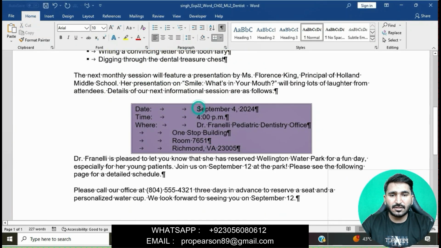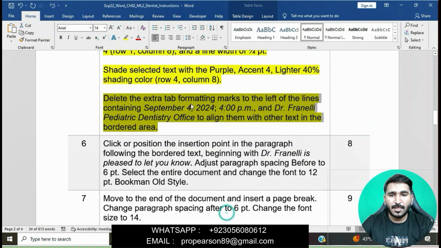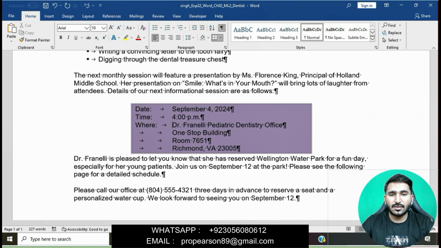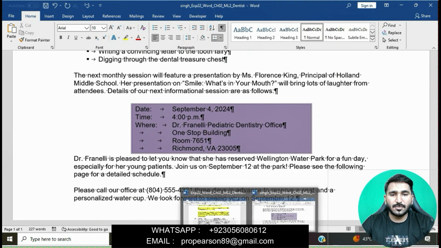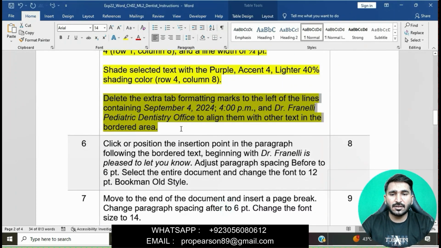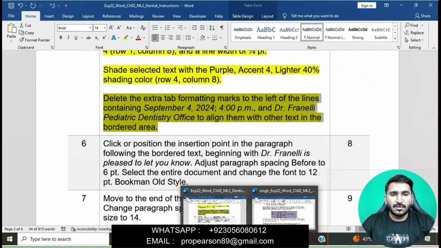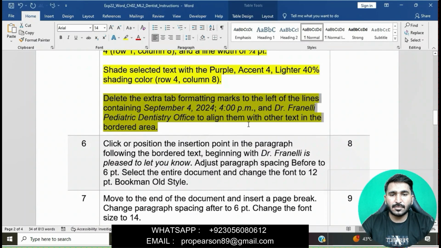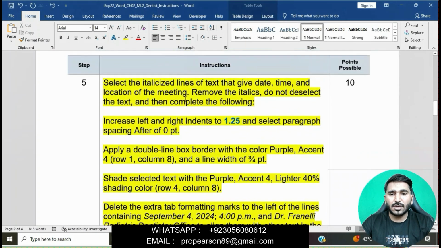We will select this September 4 2024 extra tab formatting mark. Okay, we will remove the extra tab formatting mark. Simply we will remove this. Okay, Dr. Friendly and dentistry office. Okay, question is done now.